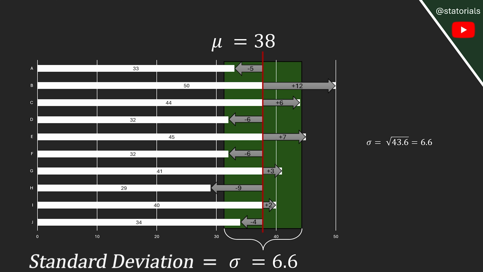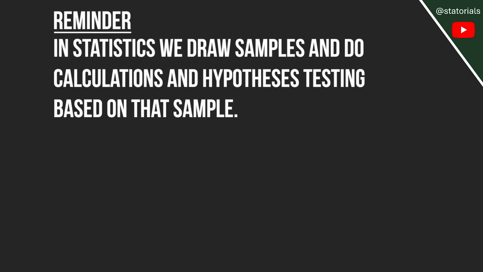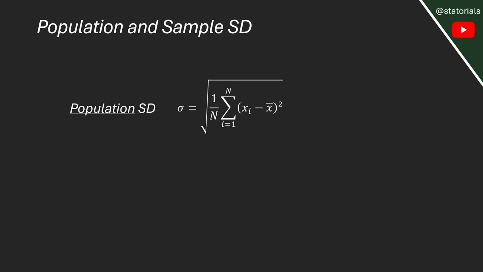I mentioned earlier that dividing the squared differences by the number of individuals has an exception. Actually, that exception is the rule. Let me elaborate on this further. Usually we have a sample and do calculations and hypotheses testing based on that sample. We then draw conclusions about the entire population. In the unlikely event that you have data for the entire population, you can use the standard deviation calculation, sigma,